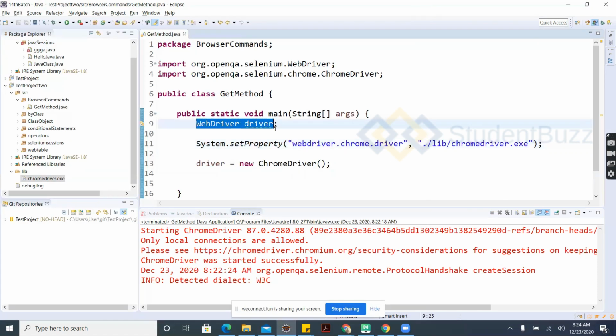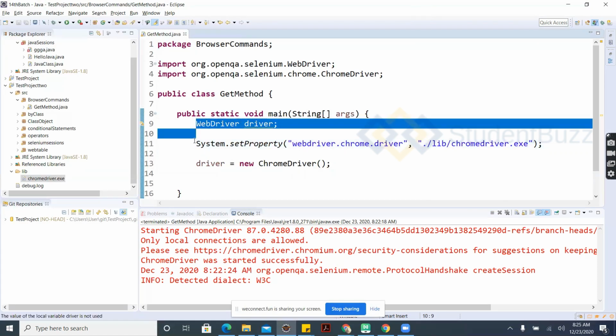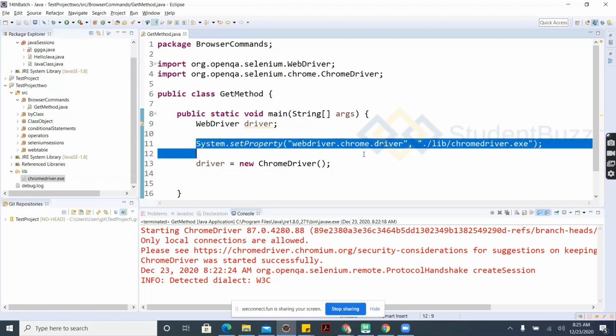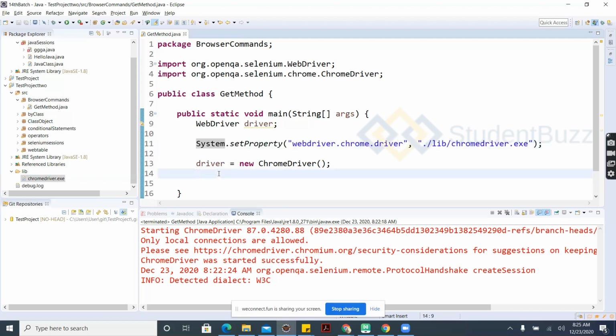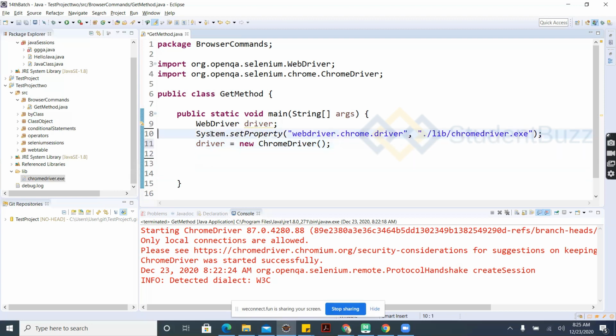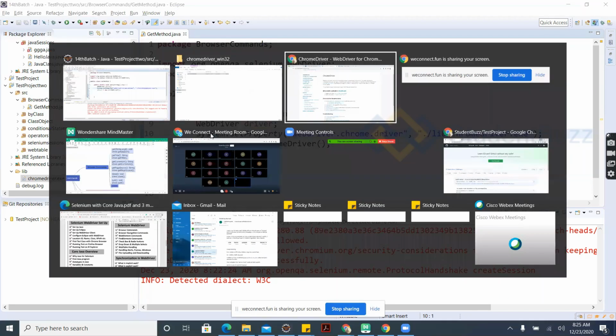We understand what is WebDriver, driver, and System.setProperty. And here driver is equal to new ChromeDriver. So we try to open this browser and it successfully launched our browser. Now what I want to do, I want to test my commands, which is